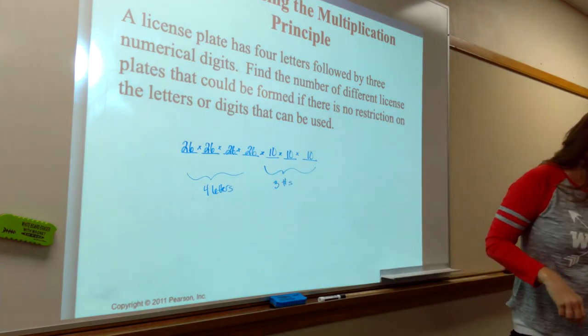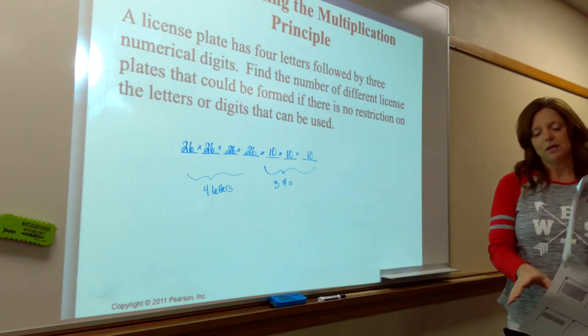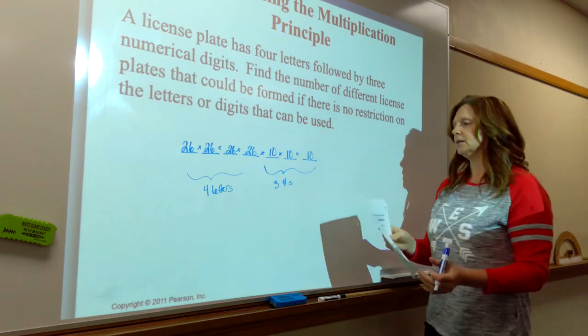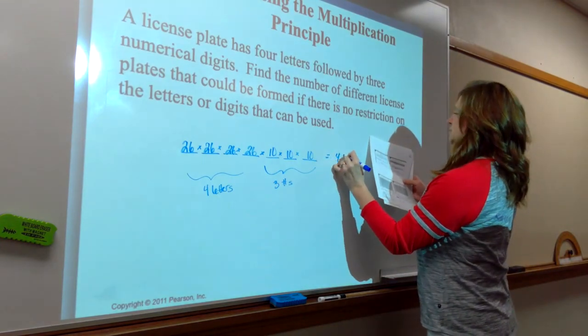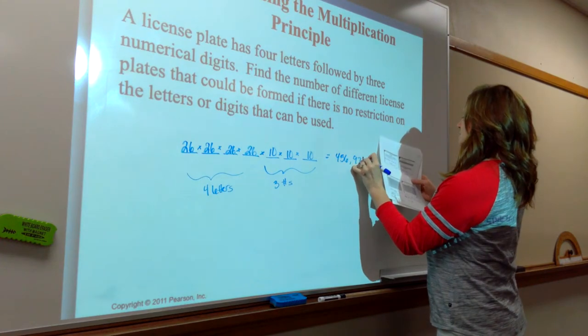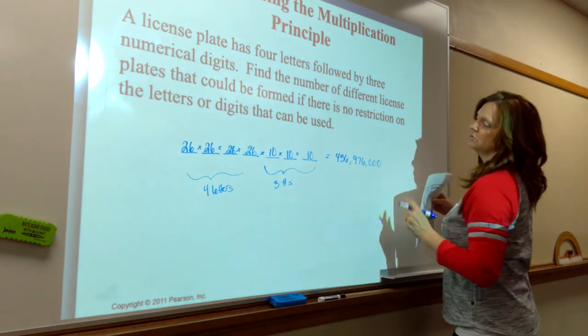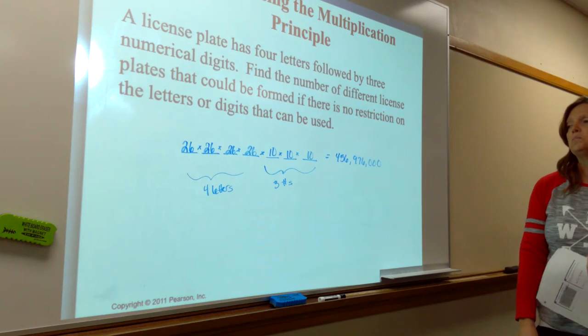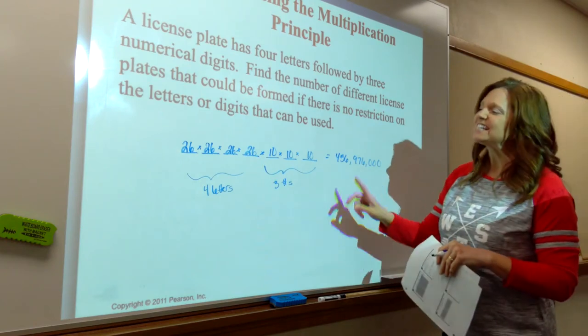We multiply that out, and you end up getting a lot of different license plates. 9, 7, 6, 0, 0, 0. So there you go. What if it were a